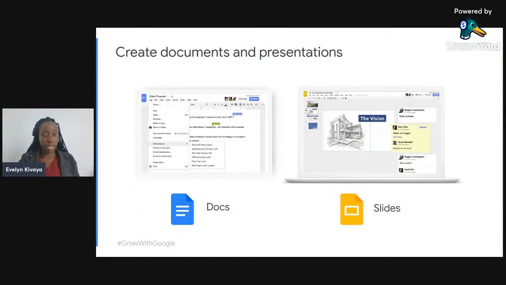On the next thing, under creating documents and presentations, we have examples of Google Workspace tools which include Google Docs and Google Slides. Google Docs almost works like MS Word, but it is more detailed and more advantaged in that it is word processing for teams. You can create and edit text documents from it, and several people can work at the same time.